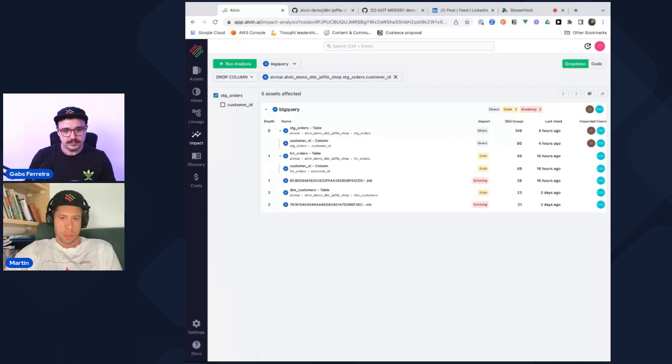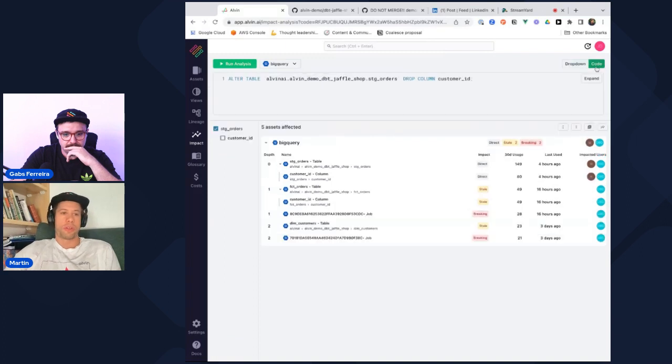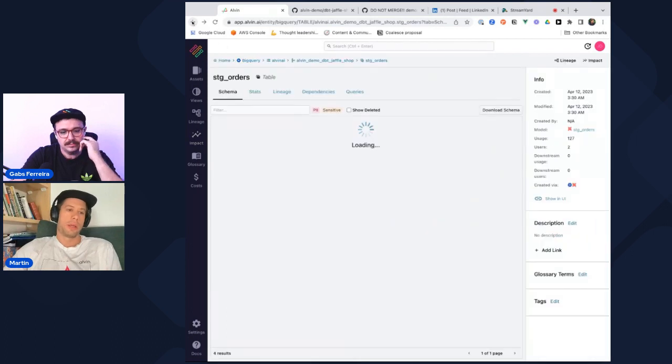So if we fast track this a little bit or reflect on what we have done, we've now gotten one step further where we can analyze in an easy way what happens. Here you can see this is an alter table drop column statement. So now we can see, okay, if you drop a table or a column, how would this impact our data environment and the users within it. But we can do better as well, especially if